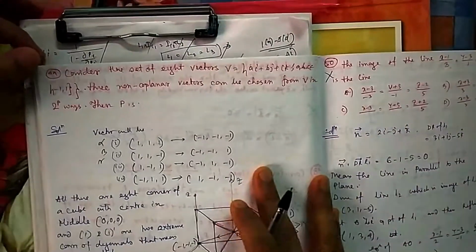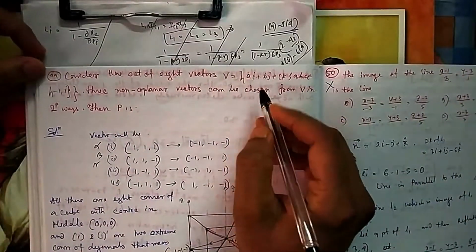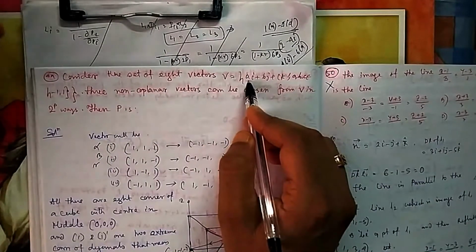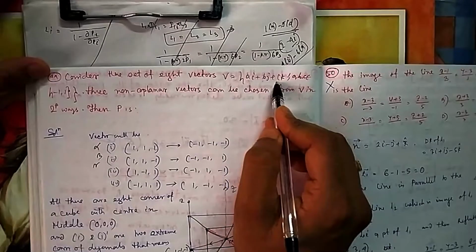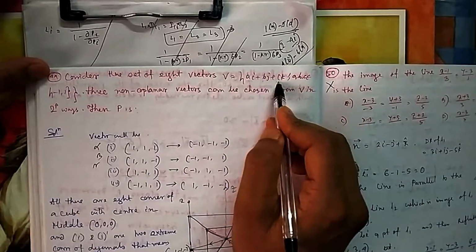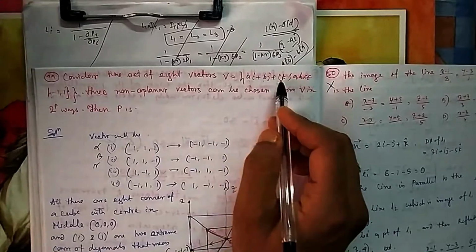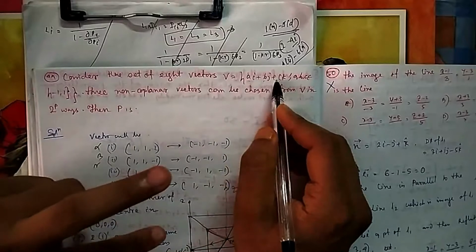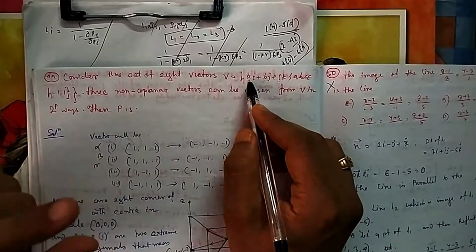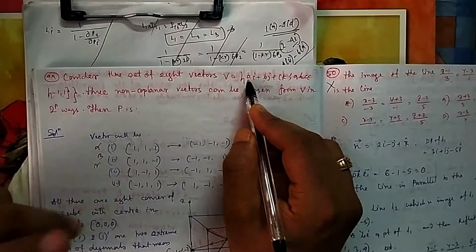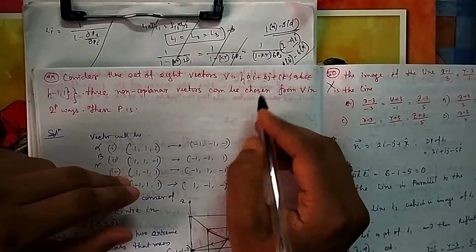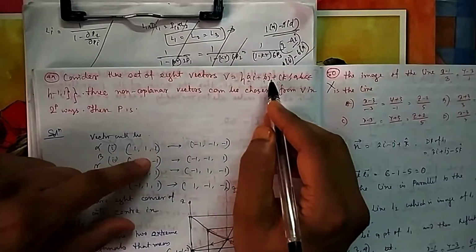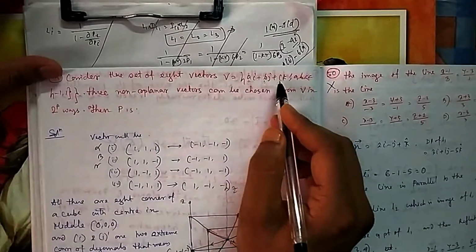So if you come to 49, consider a set of 8 vectors ABC, where A, B, C can take plus 1, minus 1. So this can have 2 values, this can have 2 values, this can have 2 values. So total values 2 into 2 into 2, a little bit of permutation, so it is 8, not 6. For A equal to 1 you have 2 values, 1 and minus 1. For minus 1 also you have 2 values. For each one you have 2 values. For 2 it will be 4. Similarly here also, so total cases will be 8.